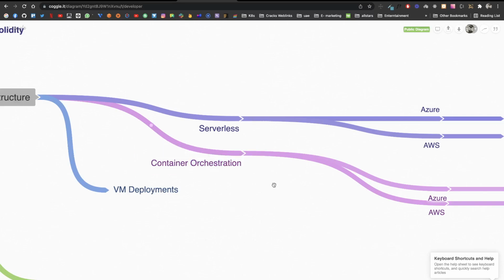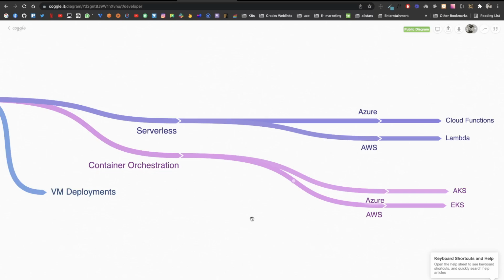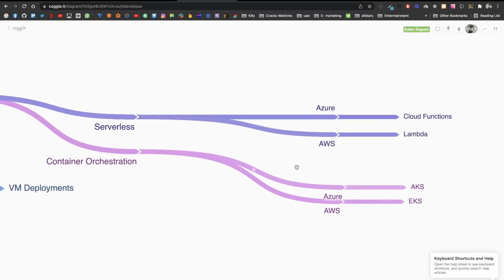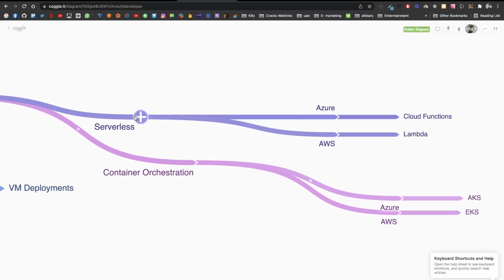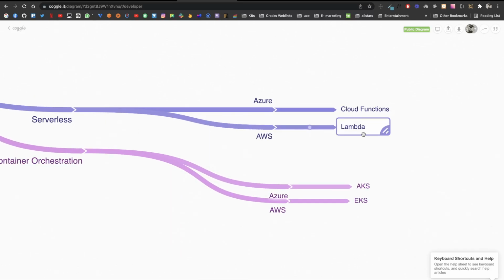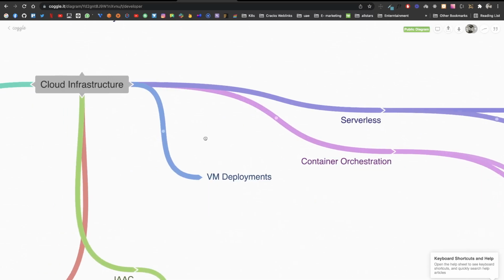With container orchestration, Kubernetes is for deploying your images with Docker, and managing and orchestrating them in such a way that it provides you a whole virtual environment where you do not need to rely on other tools. It's all in one package. Or you can use the very simple serverless deployment, with Lambda leading the market. Cloud Functions are also good for Azure. They both do the same job. So you need to consider serverless and containerization if you are working on cloud infrastructure.